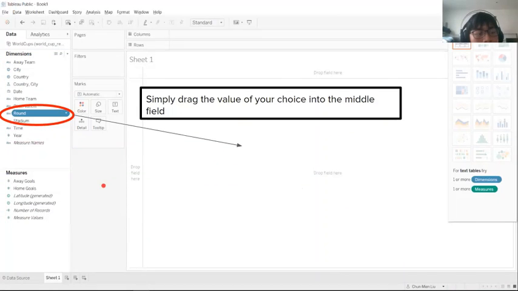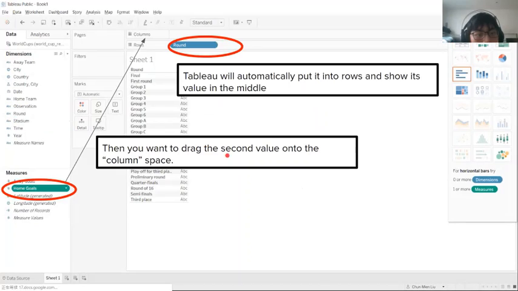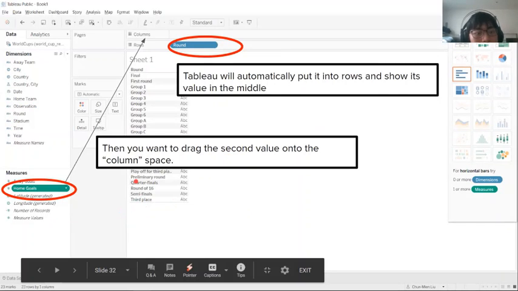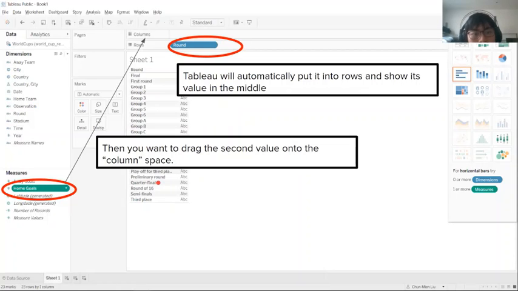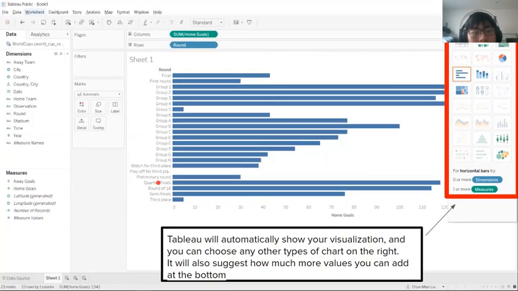So it's really simple to create a visualization. All you need to do is first drag the value you want into the middle area. Then you want to drag the second value onto the column space. In this case, I'll drag home goals. And Tableau will automatically show your